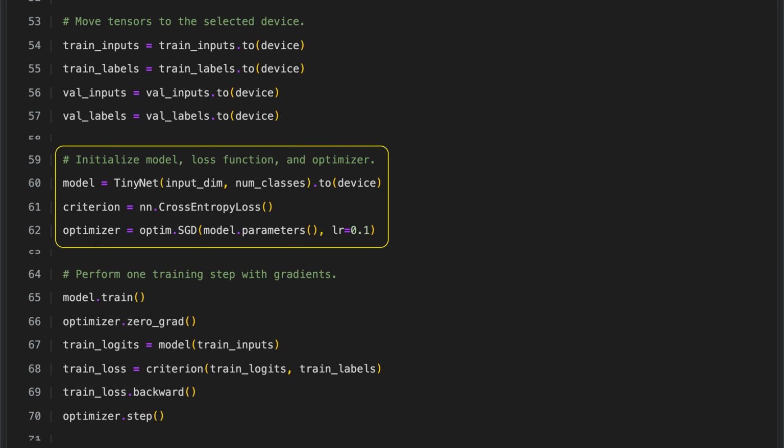We begin by creating a TinyNet model with the chosen input size and number of output classes and place it on the selected device, such as a CPU or GPU. We then define the loss function using cross-entropy loss, which is appropriate for classification problems. Finally, we set up a stochastic gradient descent optimizer with a learning rate of 0.1 so it can update the